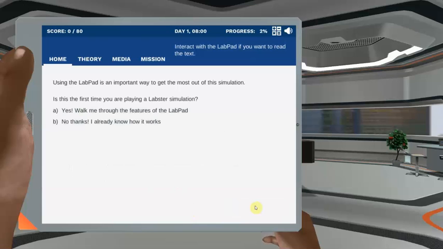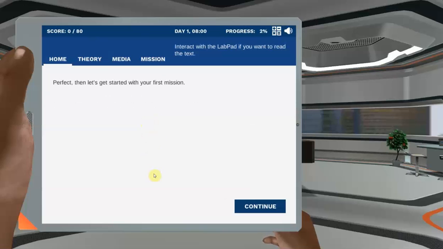Using the lab pad is an important way to get the most out of this simulation. Is this the first time you are playing a Labster simulation? Perfect, then let's get started with your first